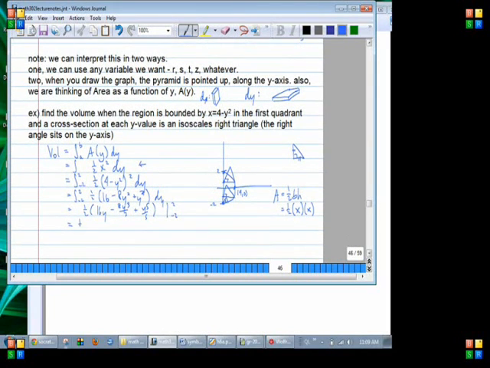Now when you plug in 2, let's see, we do all this out, we get half 32 minus 64 over 3 plus 32 over 5 minus,